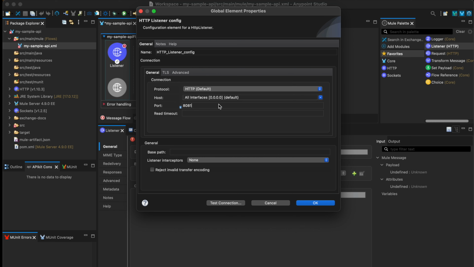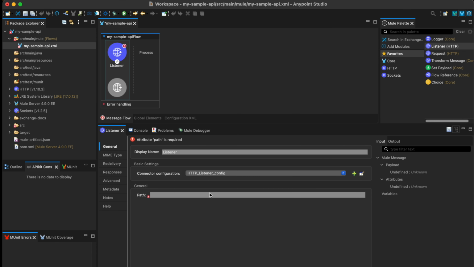So for now let's keep it as it is, and my base path of the application, I'll give it as /api and click on OK. And then actual path of the API, I'll give it as something like sample API. Save it. Okay, now on top of it, I want to build my actual connector, or I want to build